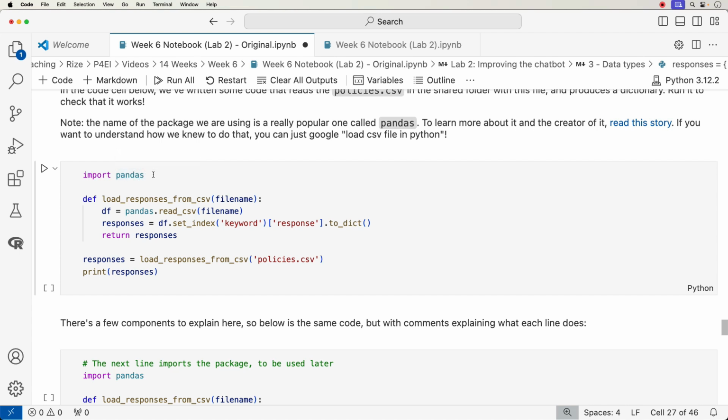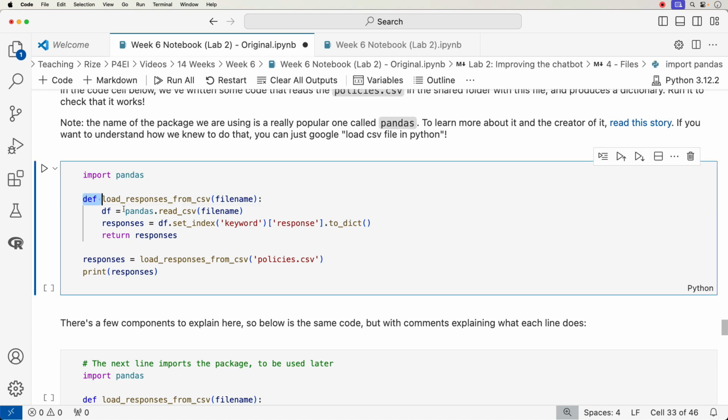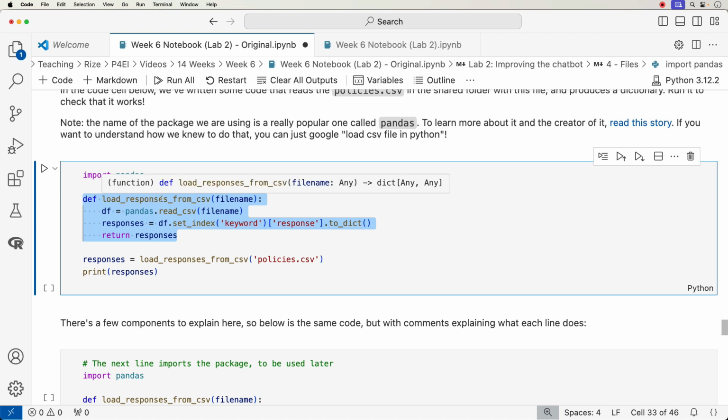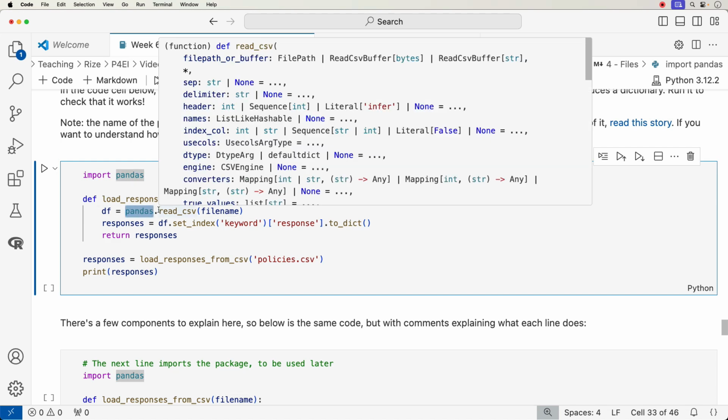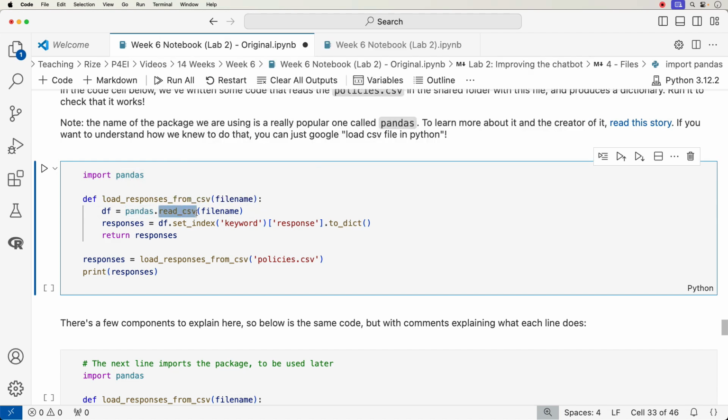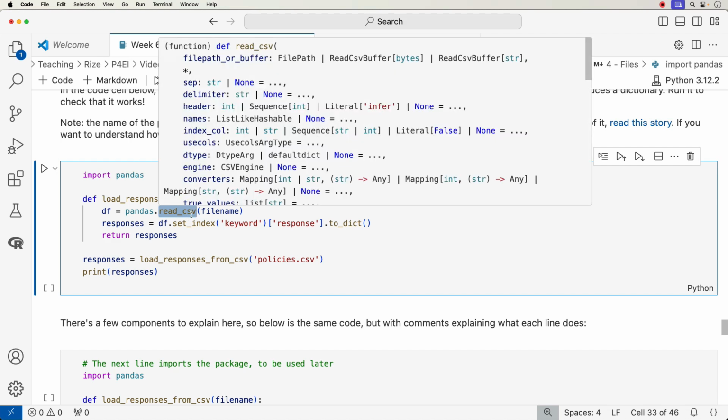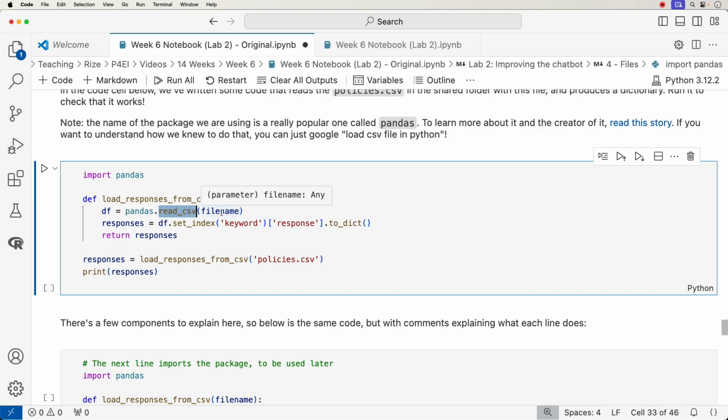Okay. Now again, pandas allow us to work with data sets, and here is a function that is called load_responses_from_csv. It takes one parameter called file name, and what it does is it calls the pandas library, and inside the pandas library we have a method called read_csv, which, as you can guess, is going to read data from a CSV file. We pass the file name here,